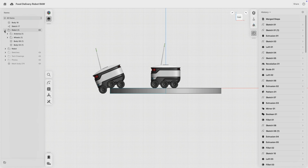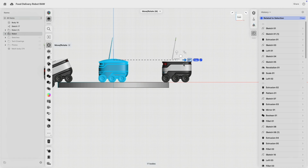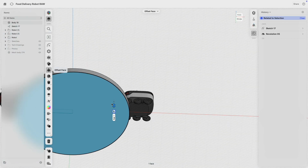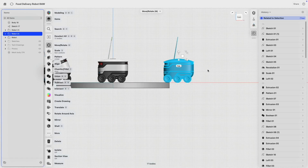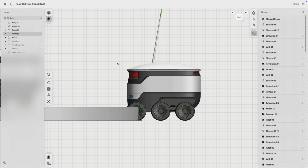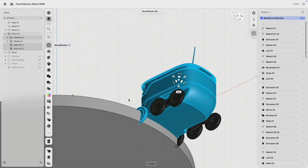Then we can select our other robot here, make a copy, bring this back to, let's say, here. How do we do this? So there's actually a two-step process. What's the thickness? 5 inches. Okay. This has to go down by 5 inches. Okay. Yeah. And then we will select this and this and this plus U